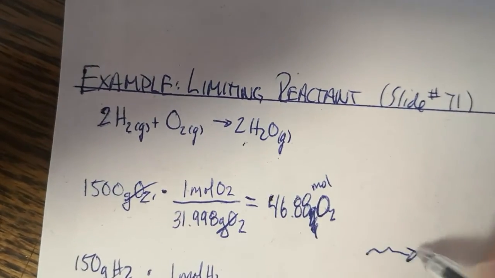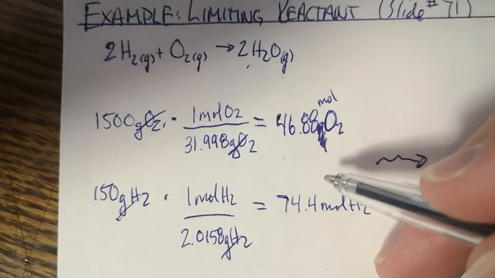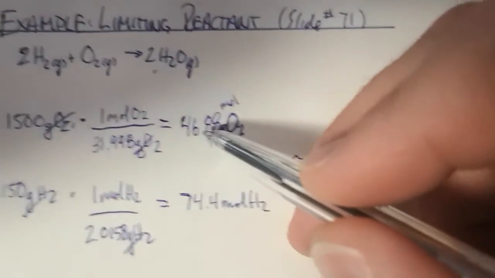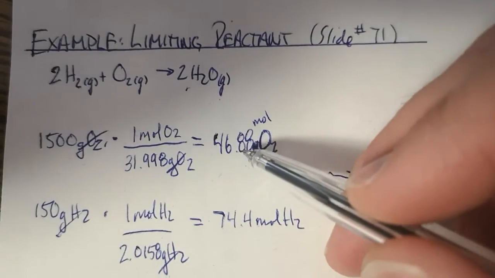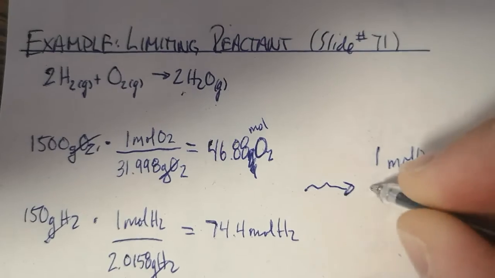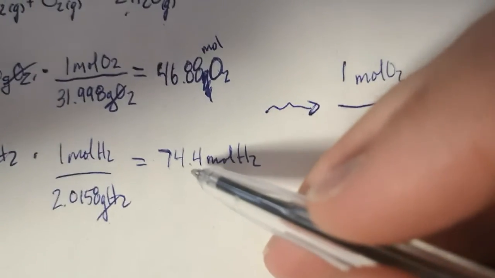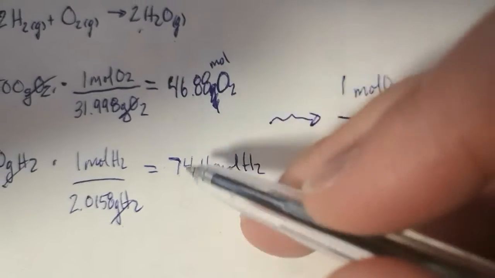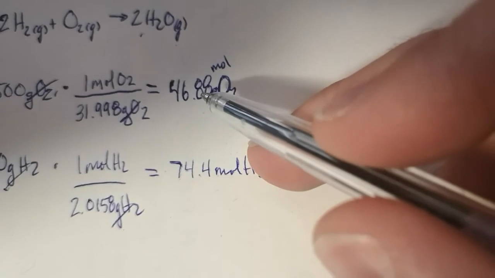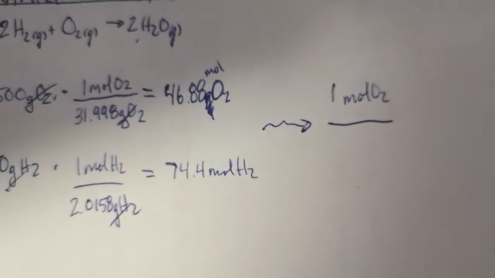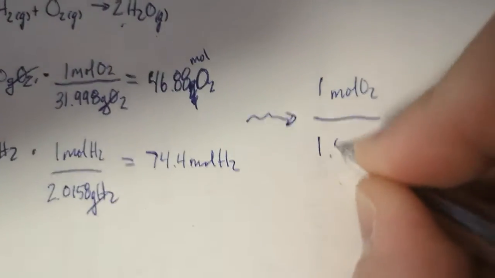Now, this ratio is really kind of challenging to work with here, so let's simplify it. Let's divide 46.88 by itself, 46.88. That would mean we get, for every 1 mole of oxygen, let's divide 74.4 by 46.88. So we're dividing both these numbers by the smallest value. This divided by that smallest value is 1. This divided by that same smallest value is 1.59